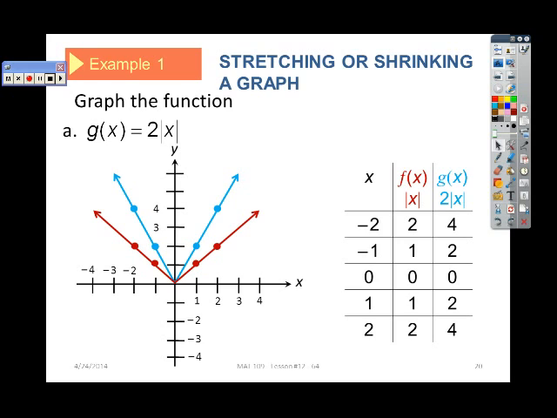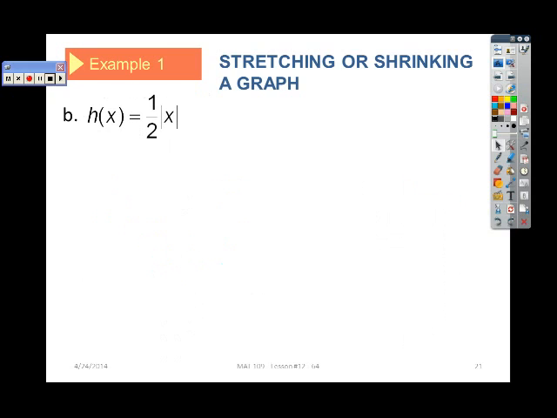And that happens if you take a function and multiply it by a number greater than 1. Stretching is multiplying by a number greater than 1 outside the function. If we multiply by a number between 0 and 1, I'm only multiplying by positive numbers. We'll deal with negative shortly. If I multiply by a fraction,